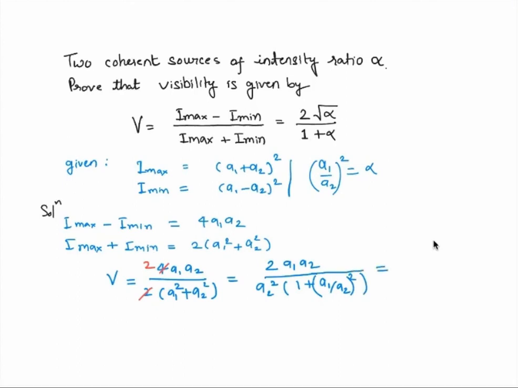So this will give you 2 times, if this A2, one of it will get cancelled, and then we will be left with 2 times A1 by A2 divided by 1 plus A1 by A2 whole square,